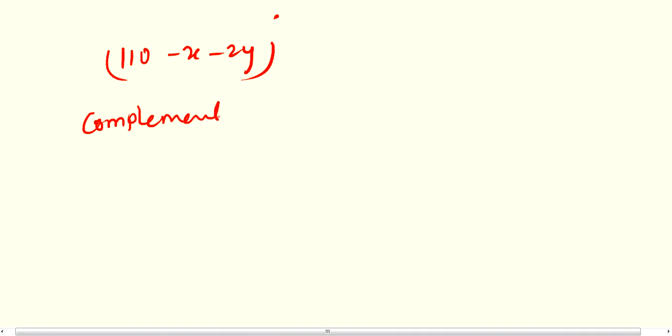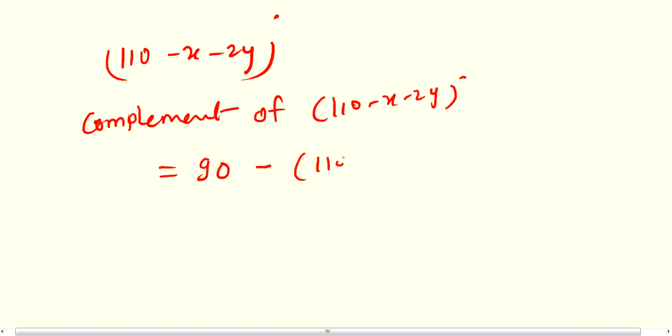Then one more question. 110 minus x minus 2y degrees. So you have to write complement of 110 minus x minus 2y degrees equals 90 minus, in bracket, 110 minus x minus 2y. If you want to find the complement, that means you have to subtract from 90. So now remove the bracket, 90 minus